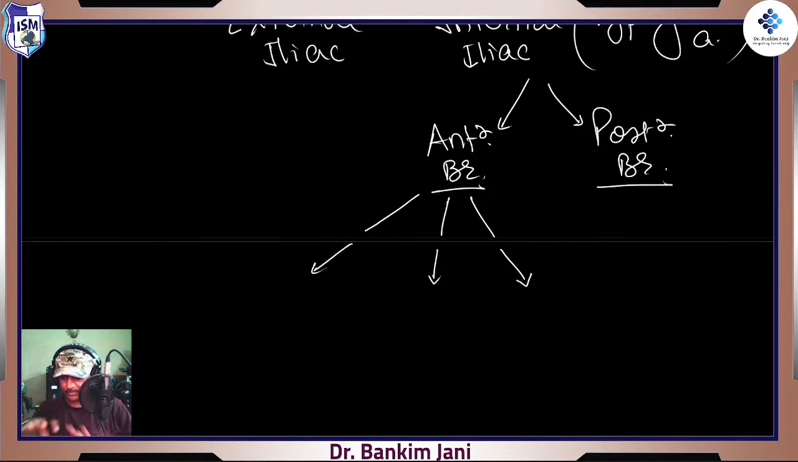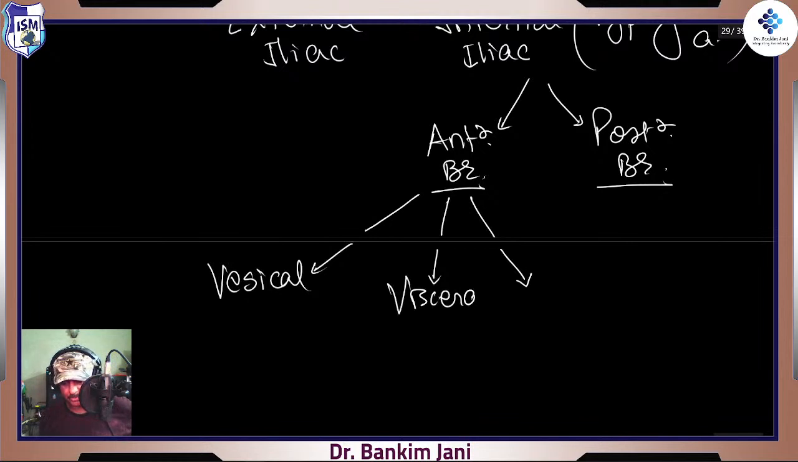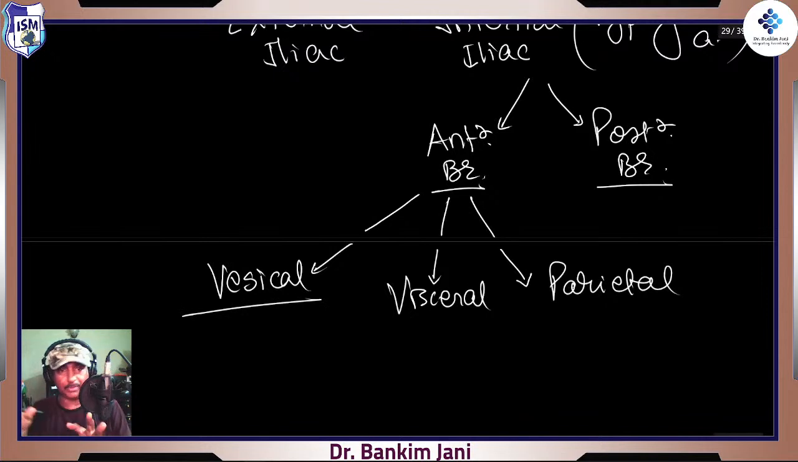But if we try to see the whole picture, it is divided into the vesical branch, the visceral branch, and then the third is what is called the parietal branches. Now, when we say vesical, once again, it would divide into superior vesical, umbilical, and